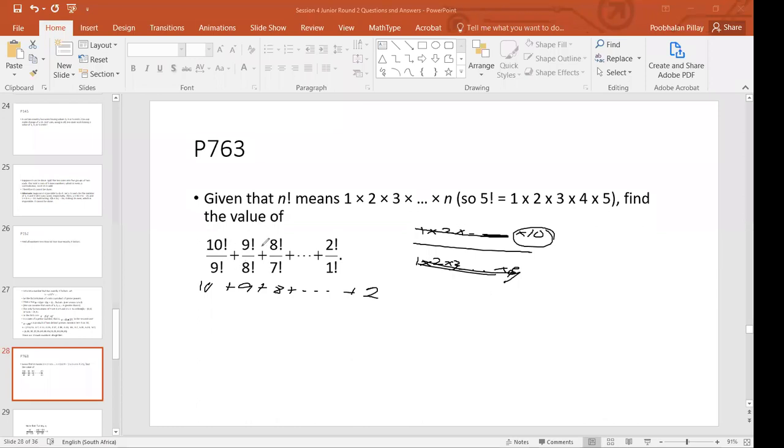The crucial thing is, all these things are just equal to, you can see 9 times all the numbers below 8, is 9 times 8 factorial, and the 8 factorial cancels. This is 8 times 7 factorial. So the 7 factorial will cancel. So that's how you do that one. That's not difficult. And then the next one,